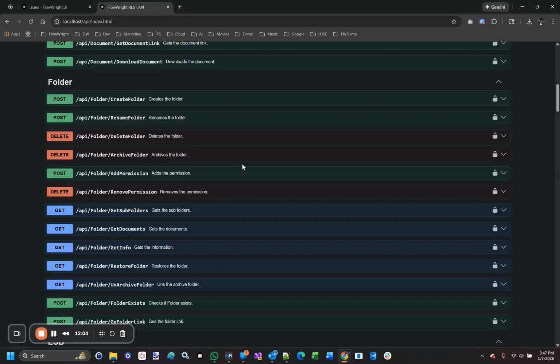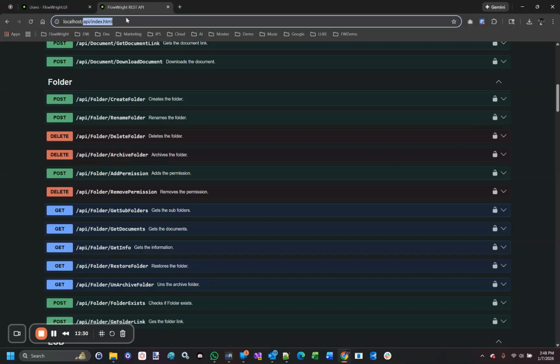So the REST API is fully supported, and we have built a lot of security into our applications. We wanted to make sure that your data is fully secure. And as you know, FlowWright already has enterprise grade security. The next thing we have built into FlowWright with regards to DMS is workflow steps that are specific to the DMS. So if I go back to FlowWright here,